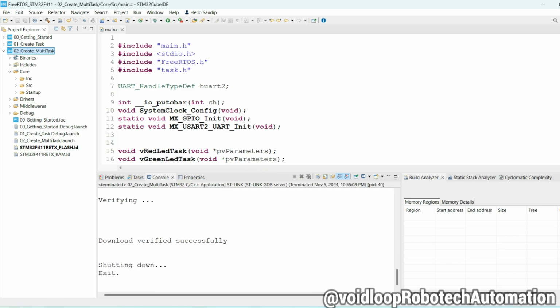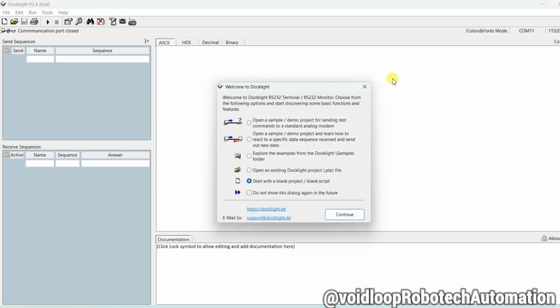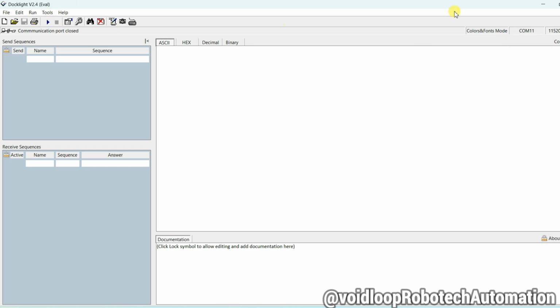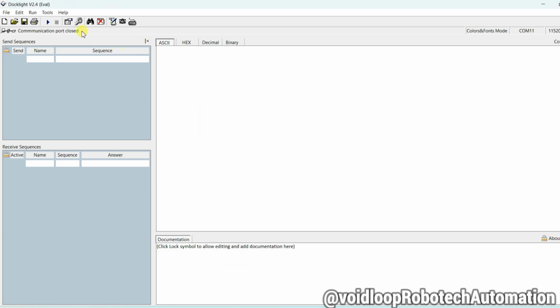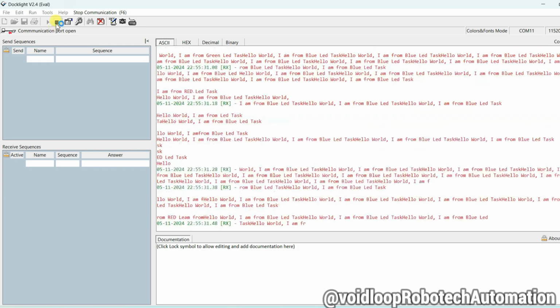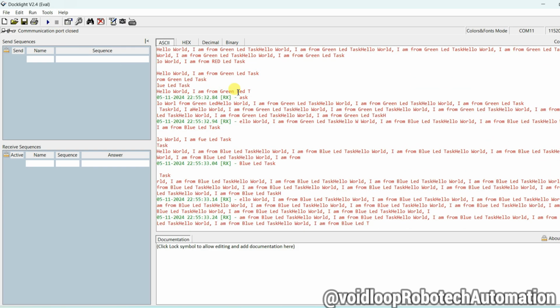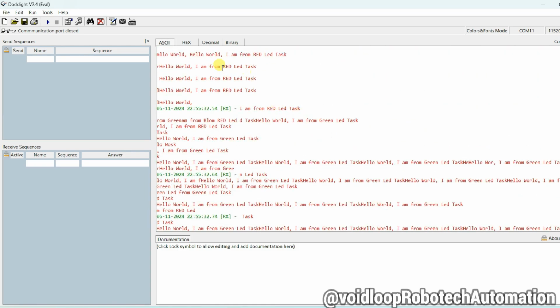Okay, now I will open Doclight. You will see here printing. Okay, so let us check comport 11 is okay and run. You can see all prints are printing, all tasks are printing. Green LED task, green LED task, blue LED, somewhere it will be red LED, red LED. Okay,